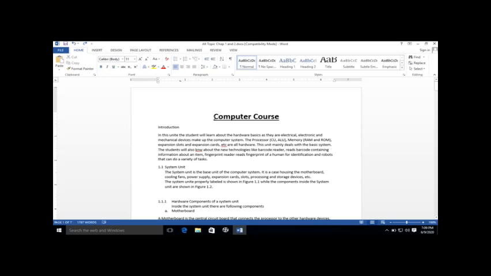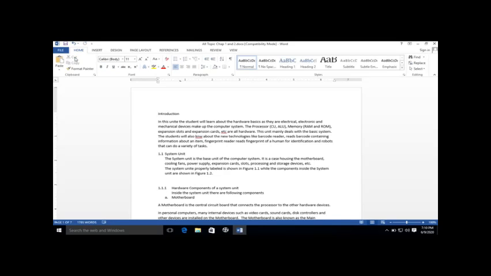Whenever I select the text, it shows me different options over here also, but under the Home tab you have to observe these two options. When I select the text, those two options are enabled. The cut and copy options are enabled. So now if I want to move the text, meaning I am deleting this text from this position and want to copy it at another position in the Word document, I will simply click on the cut button